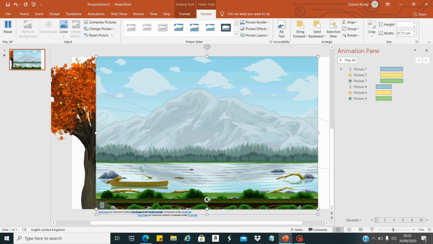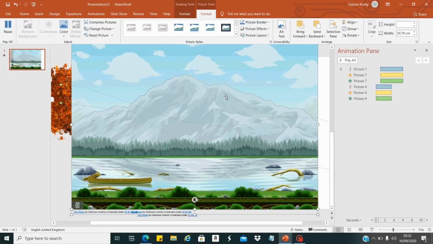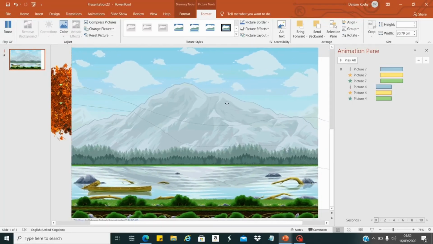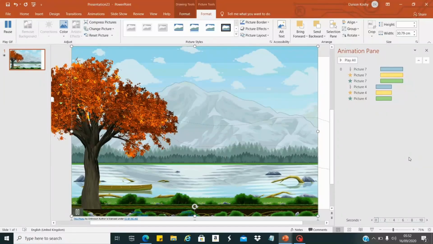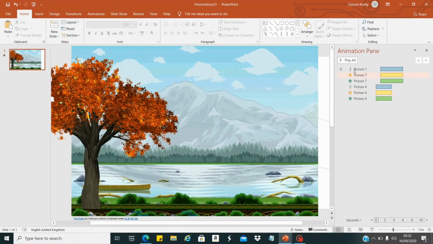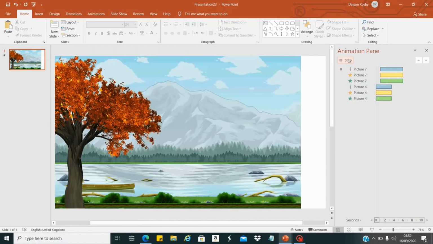So now our image is here. We make it fit the frame and send it to back. Now our trees will come up. Let's see how it will play. See, now our mountain is there, and the tree and our leaves are ready.